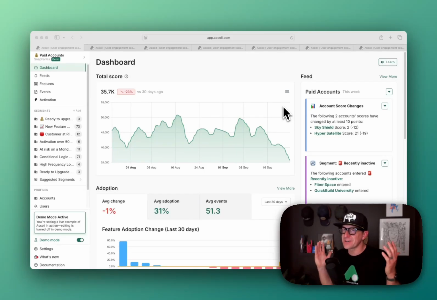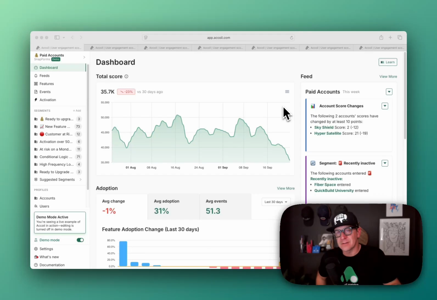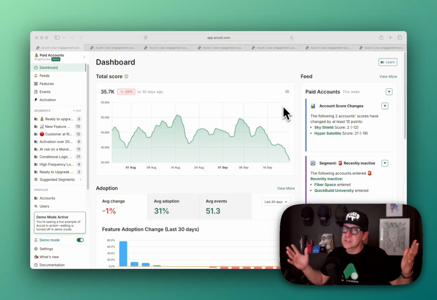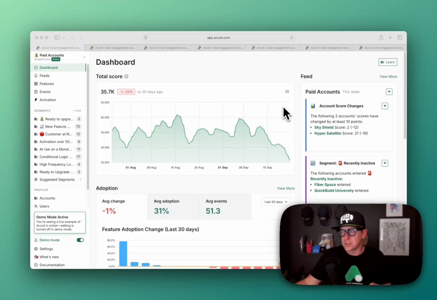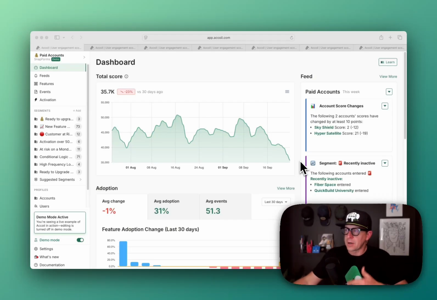Hey, today we are talking feature adoption inside of Accoil as compared to tracking things like logins, NPS, and volume-based statistics or data that tells you how many times things have happened, not necessarily what's happened or who's happening, right? So again, we're talking about features, feature adoption. Two things on that are really important: who's using your key features, and the flip side of that, who is not using your key features. And we're going to highlight who's not using a key feature of our fictitious app,